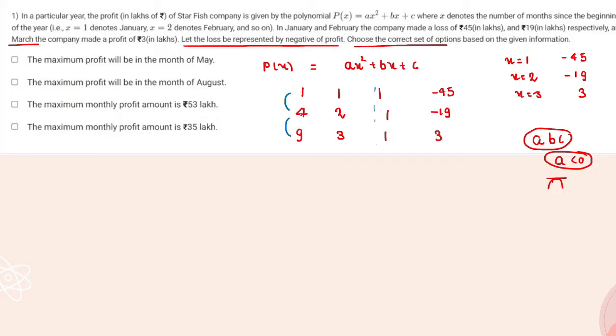Subtract the second row from the first row. So it will become 3 and this will become 1, so this is 9 minus 19 plus 45, so it will give 26. This is a and this is b. From here it will be 5 units of a and 1 unit of b, so it will be 3 plus 19, that will give 22.